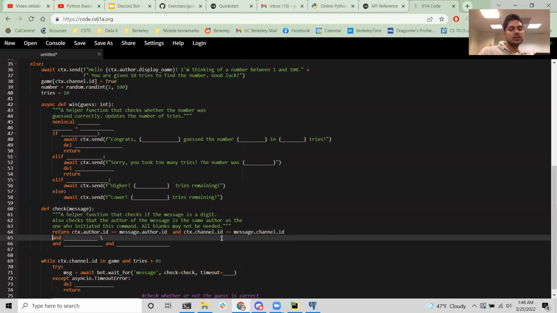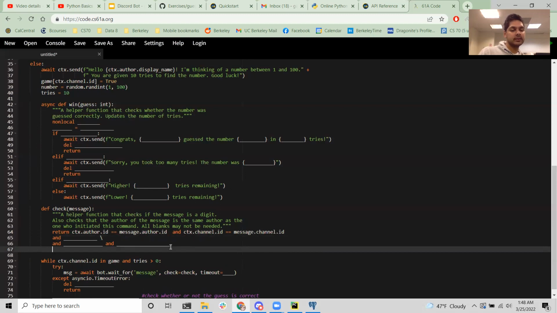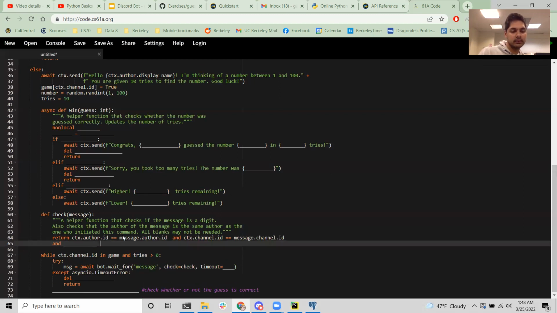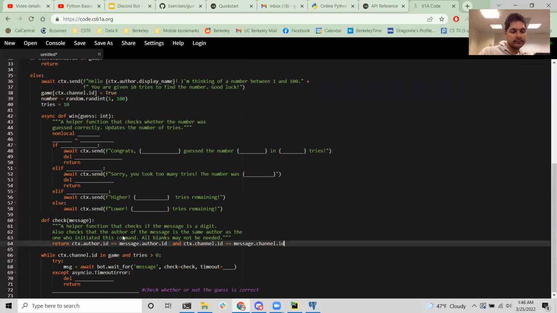That's actually most of it, I believe. We don't actually need all of these and statements. I think this is a little bit extra. But the last one is that we need to check that the message is actually a digit. And I believe that's all. Yeah, we only needed those 3 blanks.